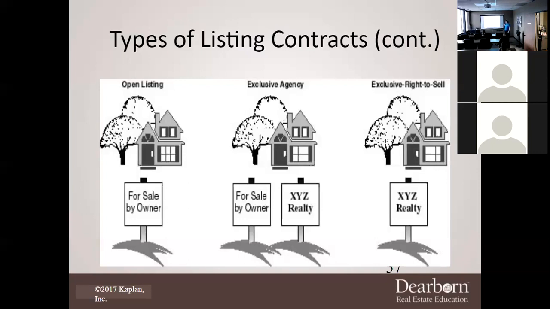Okay. Exclusive agency, as you can see, is Mr. Eugene, you put your sign out, but guess what? Travis put his out too. Okay. So now there's two signs out there. Now what's the problem with that? Well, if they call Travis and he's busy, what are they going to do next? Call Eugene. And then Travis, you're going to say, but wait. Aiden just called me, and I just talked to him.